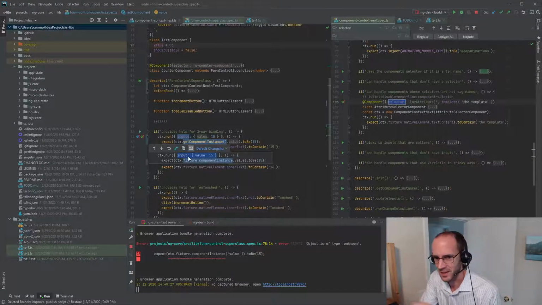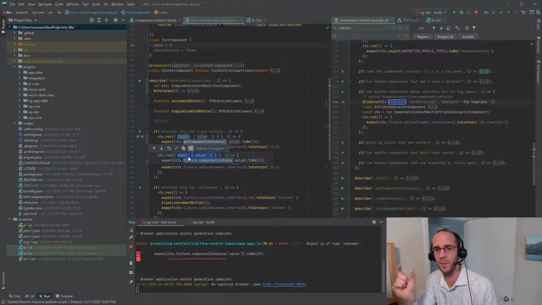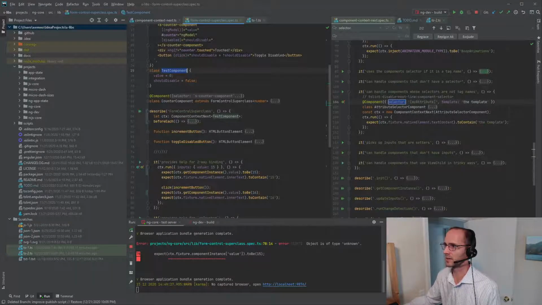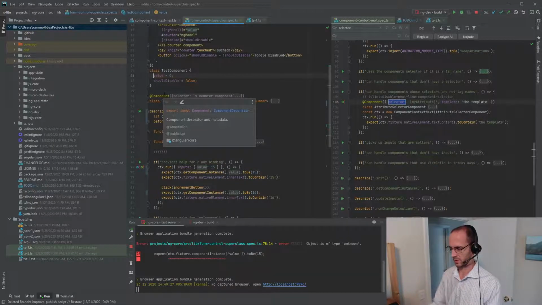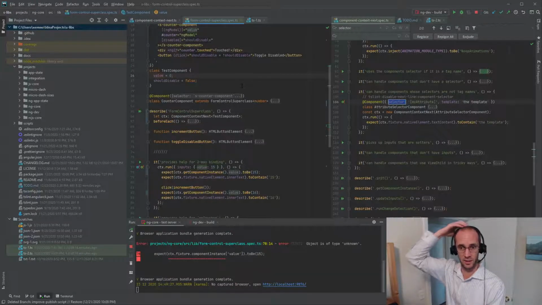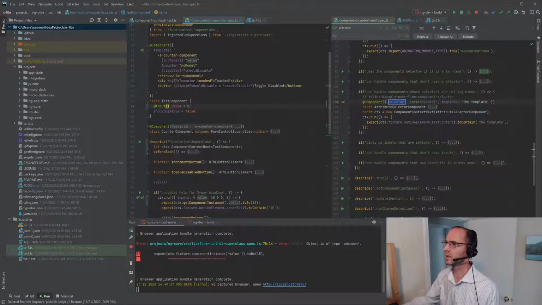You can't just set anything you want, and that's great because that is going to better simulate what happens in reality, right? If this was a real component and I forgot to add input right there, and I wrote a test for it and it all worked, I might just think that I'm good to go, not even realizing that I forgot to put that there. So we